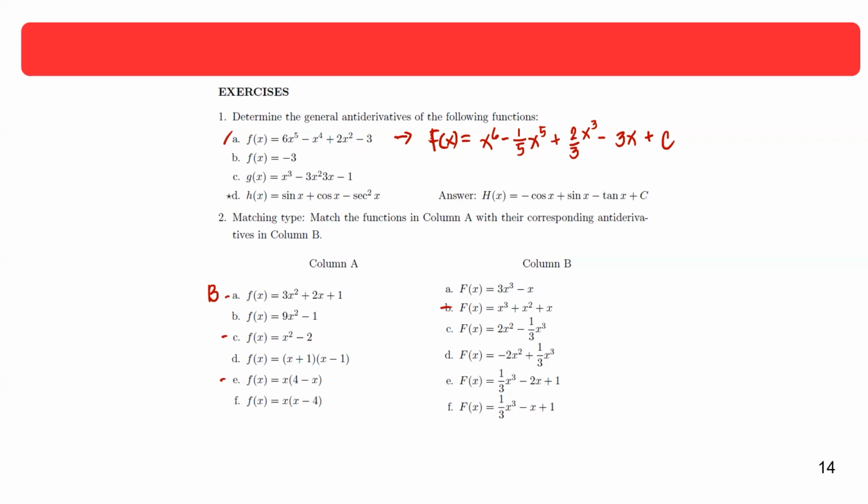Very good. Next, it's letter E. Because of that 2, be careful of that. Below, there's no 2, it's -1. Okay? Next is C, sir? Very good. That's letter C. So if it's in this form, guys, what you do is you combine them first because it's difficult to integrate if it has an operation. So it becomes a 4x minus x squared first and then integrate. Very good. Thank you. Next.